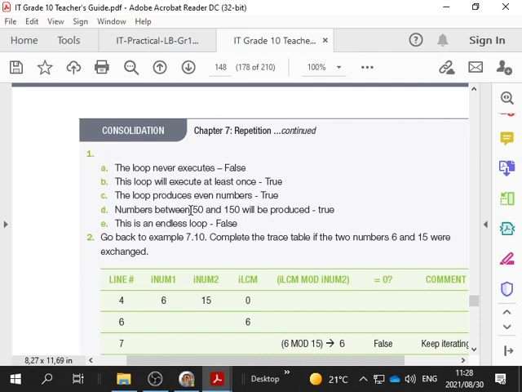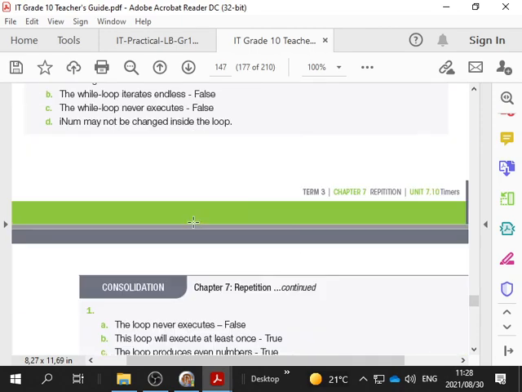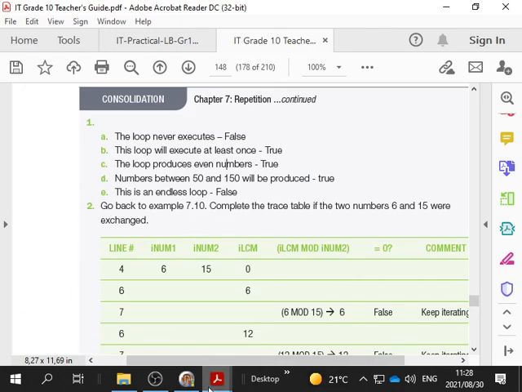Right, now, the loop never executes. False. The loop will execute at least once. True. The loop produces even numbers. Well, that's another question. Are we dealing with another? Oh, we're dealing with a different activity, okay? So I'm going to stop right